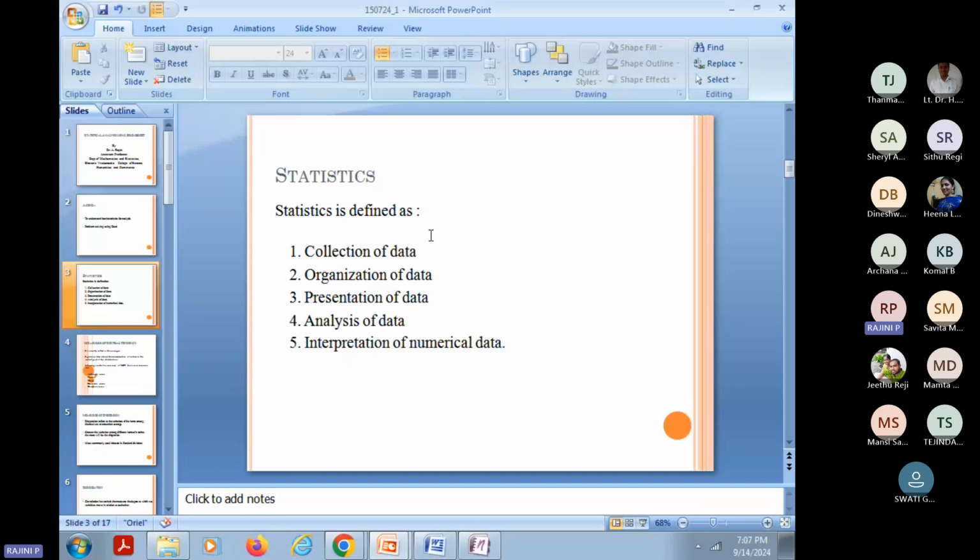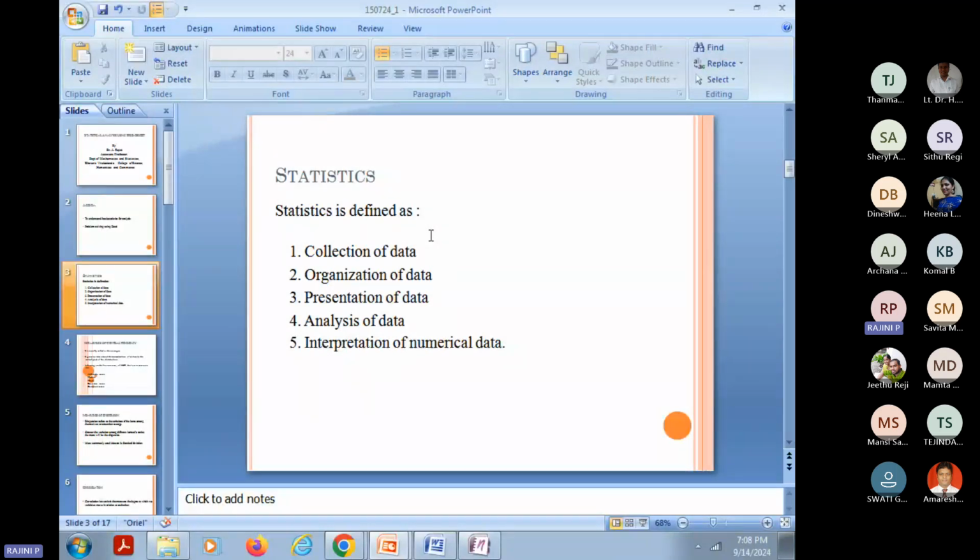If it is quantitative data, we replace it by the mean. If it is categorical data, we replace it by the mode or median. Like that, we need to check. Once it is done, if you have outliers, you need to check, based on your objective, whether the outliers can be included or should be omitted. That is decided based on your objective.